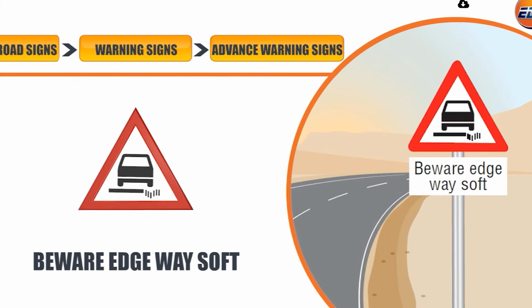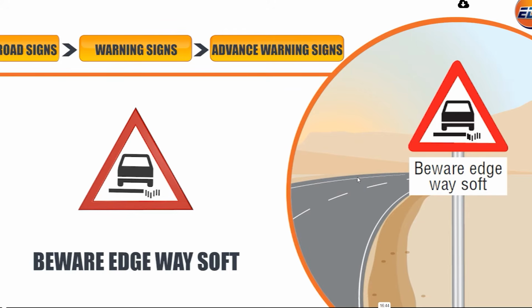Beware edge way soft. This sign warns the motorists that materials of the shoulders or verges are softer than they would be reasonably expected and may be a hazard to anyone wishing to pull off the roadway. It is located on the right side of the roadway at a distance in advance of the soft surface. Motorists need to avoid driving in this area, and if it cannot be avoided due to an emergency, take care